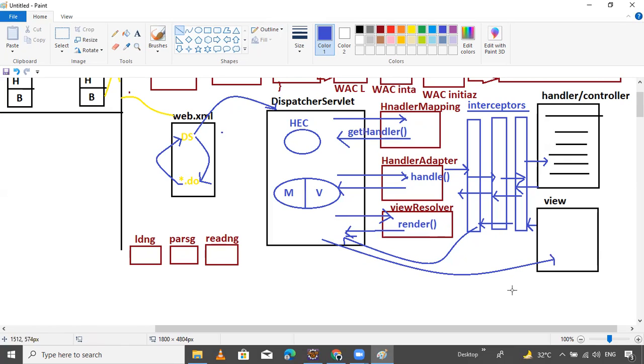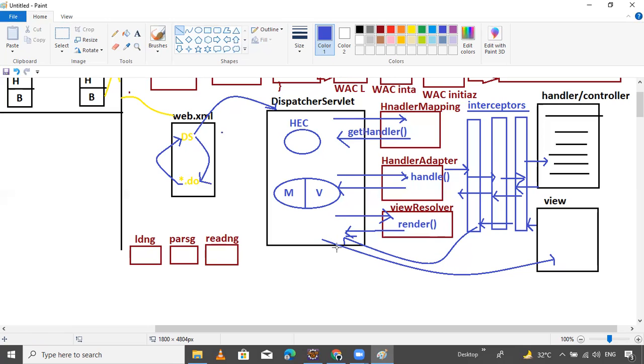Now, after getting the view resolver, it will send the request to the view page. This is for preparing the response, preparing the view object. Then back to performing the interceptors, like post and pre, all the interceptors one by one, and give the view part to the dispatcher servlet.